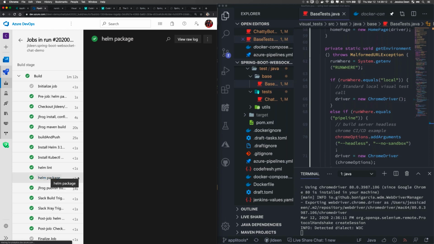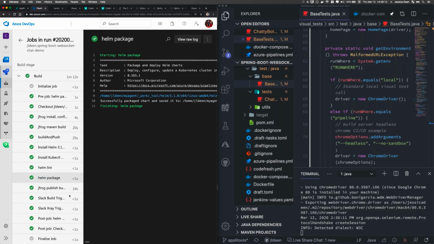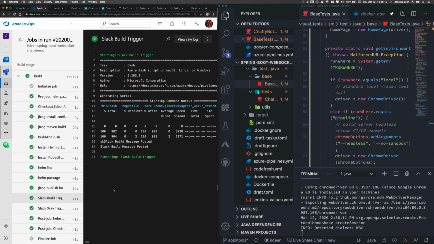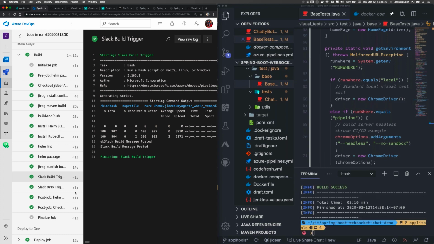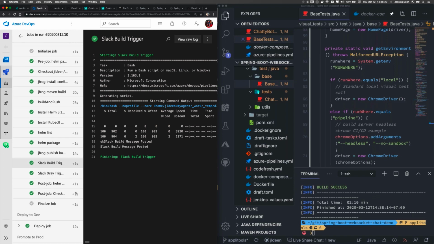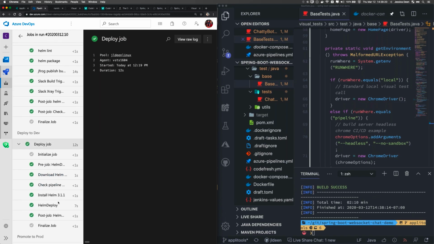I'm creating a Helm chart and packaging that up. I'm sending off Slack notifications. This is an extensive pipeline. And when Angie and I first met, I was wondering how hard it would be to integrate her tests into an existing environment. Well, as it turns out, if we take a look at our existing dev environment, all I'm